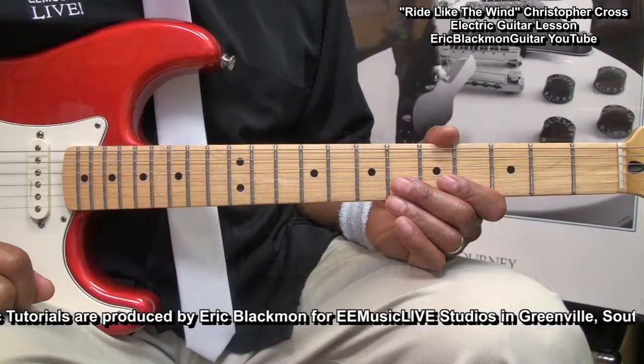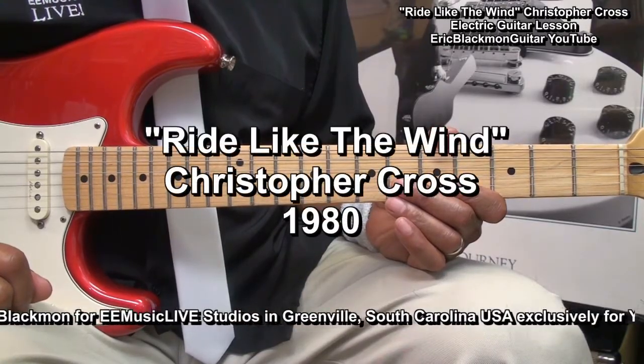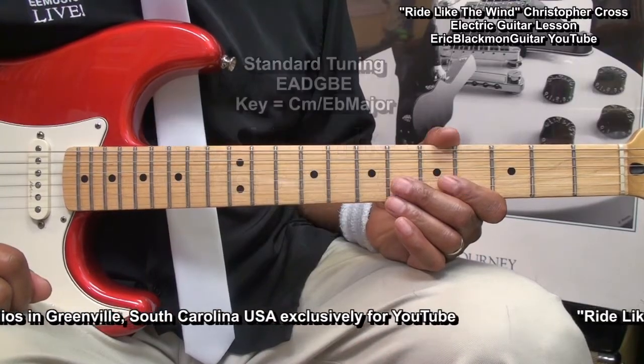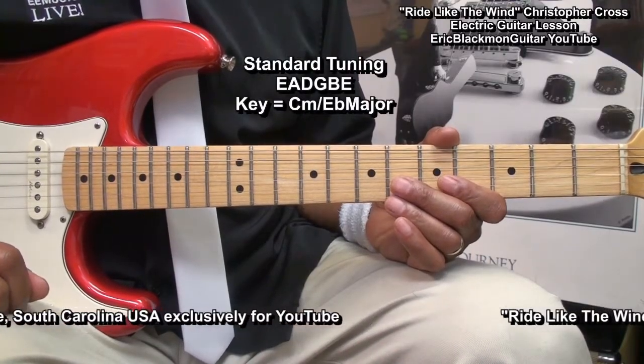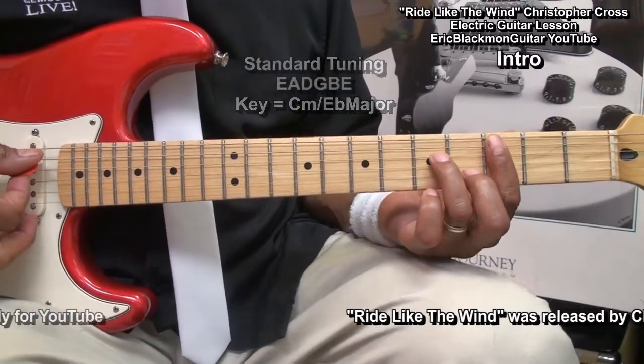Hi, and welcome to a tutorial on how I play Ride Like the Wind by Christopher Cross on electric guitar. The guitar is tuned standard E-A-D-G-B-E, and we'll start with a C minor 7 chord